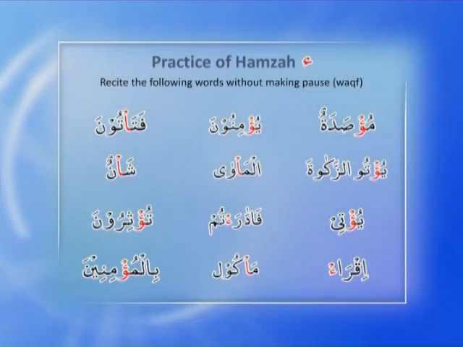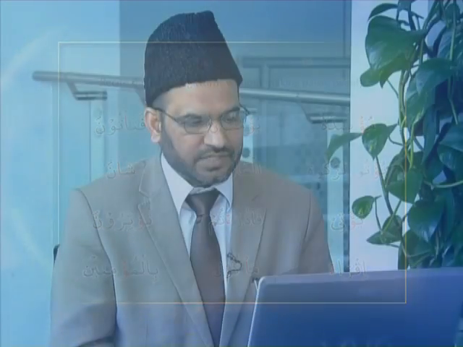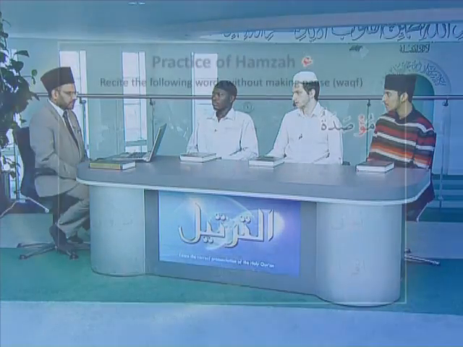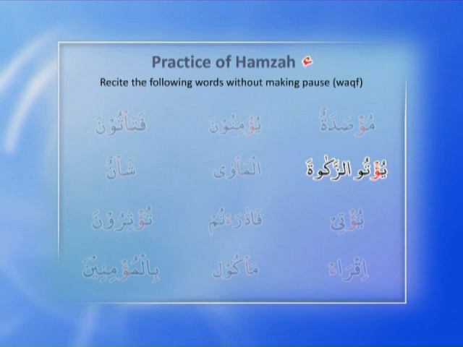Musada or musadatun. And we do the practice, for example, the third column and the last word, bil mu'minina. If we take out that hamza, that will be bil mu'minina. But here hamza is pronounced, or hamza is taken care of. So we do the practice. The first column, musadatun, yu'tu zakata, yu'ti, iqra. Second column,